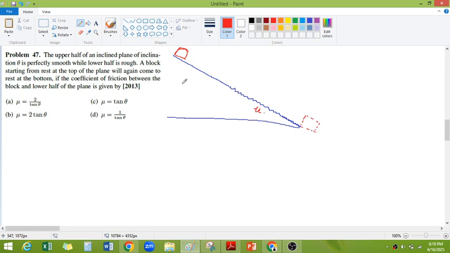So top half and starting from rest. So that means u is equal to 0. Let me take this as L. This is also L. Length is same. Let's take this as theta. So they didn't say anything about time. So I can use v square is equal to u square plus 2as,